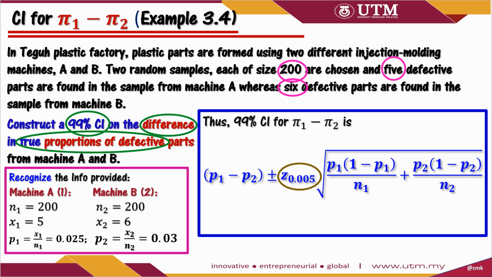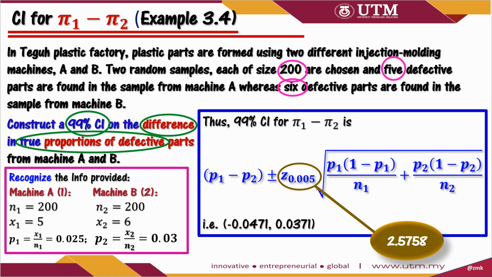Remember, we only use a Z-score in the formula, not a T-score, where the Z-score is Z0.005 given by 2.5758 from Table 4 of Statistical Table Booklet, page 34. Substituting all required values in the formula, we then get this answer. The confidence interval for pi1 minus pi2 is negative 0.0471 and